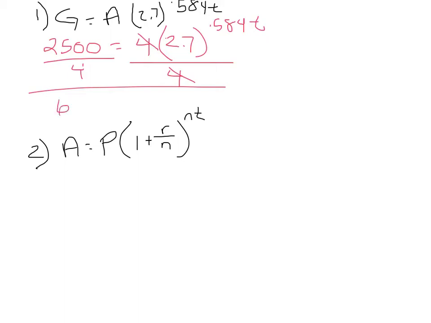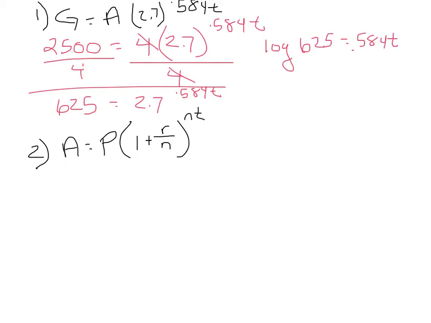When I divide, I get 625 equals 2.7 to the 0.584 T. Because the base is a 2.7, I am going to take the log of both sides. I cannot find a common base, and the base is not an E. So you take log 625 equals, and then when you take the log of the right-hand side, you remember the exponent goes in front. So it's going to equal